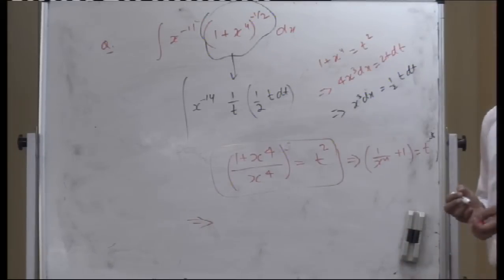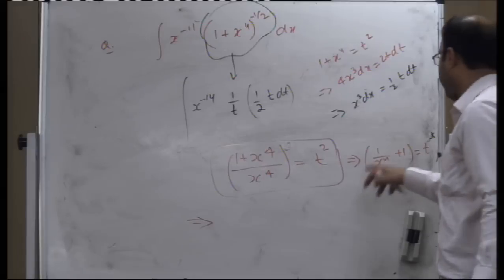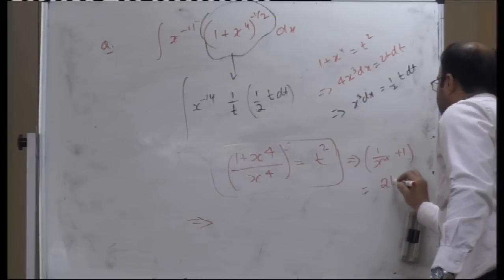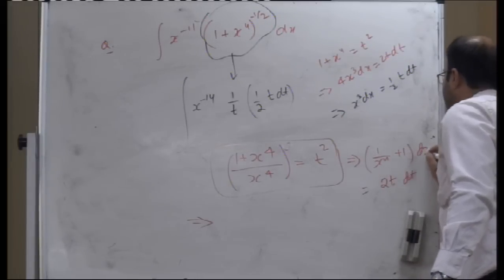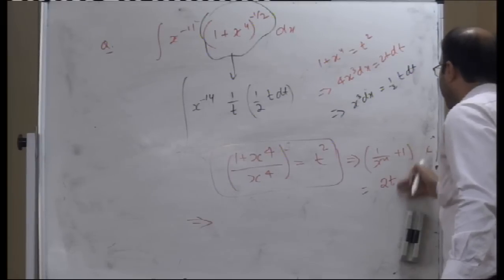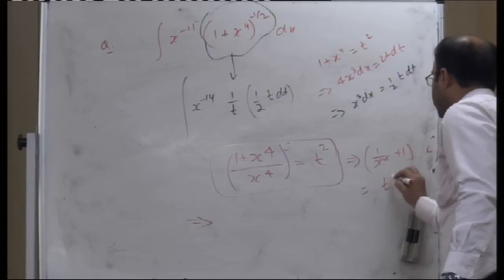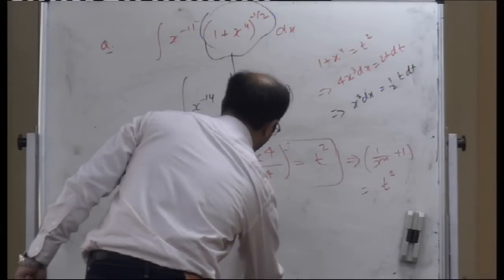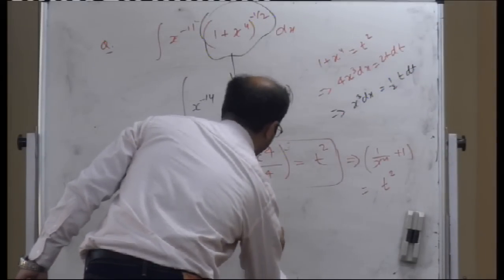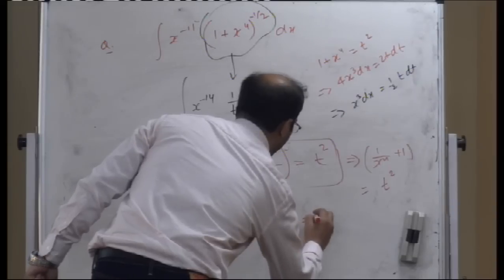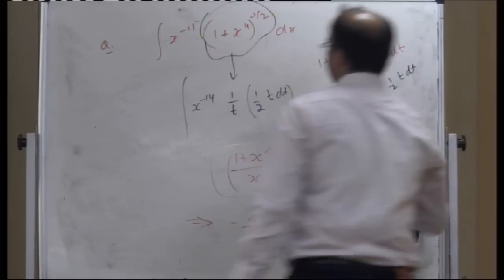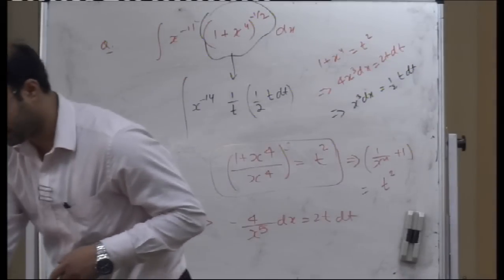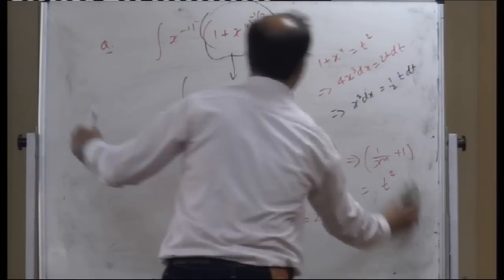This is what I am trying to say. And 1 by x to the power 4 plus 1 equal to 2t dt. This is okay, we have not differentiated till now. This is t square, and now we have to differentiate it. So this would become minus 4 by x to the power 5 dx equal to 2t dt. Is this clear? Now, when we substitute this here, what we get is